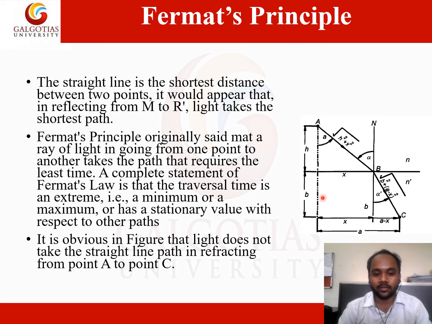So it is obvious in the figure that light does not take the shortest line path in refracting from point A to point C. We are talking only about light traveling. We are not talking about how the light is going to act in other ways. We all know that light is going to be refracting, it is going to be dispersing. All these phenomena we are not going to discuss, or collaborate with Fermat's principle. When we are talking about Fermat's principle, we only talk about ray propagation. Moving further,